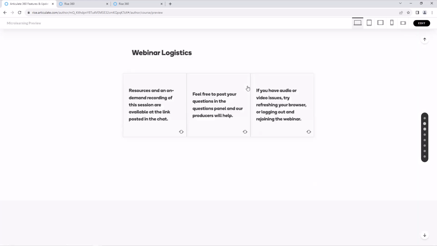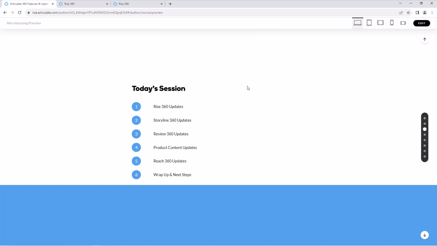All right. So with that, what are we looking at today? Well, we're just going to go through the products. We're going to begin with Rise. Last time I did this, I started with Storyline, but we have a couple of really neat features dropping tomorrow. So I'm just going to show you a preview of it. You don't have access to it today, but you will have it tomorrow for Rise. And then we'll go through Storyline, Review, some updates to Content Library, Reach 360, and then wrapping it up, just talk about what's next, what you can look for, and where you can even find new features that are coming that are not yet available today on our roadmap page.